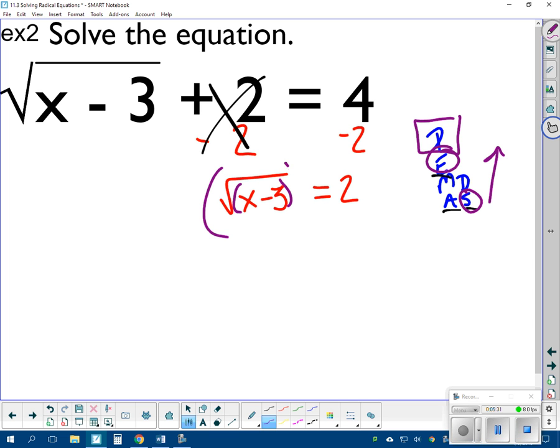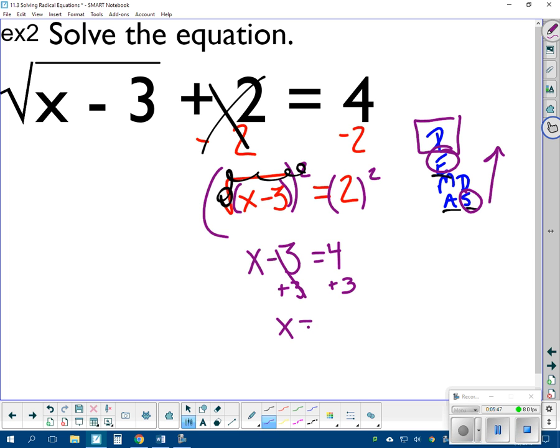So if I square both sides now, my square root and my square will cancel. I'm left with x minus 3, and I'm now equal to 4. Then you can add the 3 to get x by itself. Okay, so if you've got the square root over more than one thing, like we do in example 2, you need to isolate the square root and then square both sides. And then only after that can you get rid of whatever else